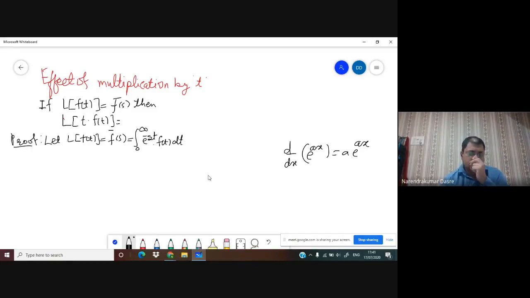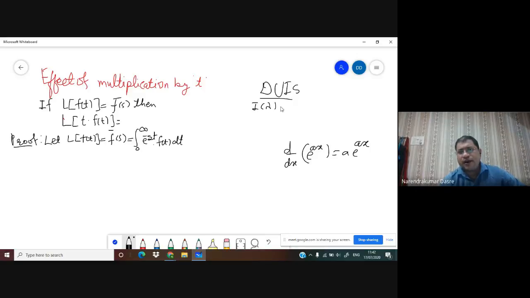Okay. Now I have this term e raised to minus st. If I use this formula with respect to s, then t will be the constant term, and if t is going to be constant term, I am able to take it down, or I will get it instead of a here in this formula. So basically, we have to differentiate this integral. But when we differentiate an integral, we have the DUIS rule. So what is DUIS?